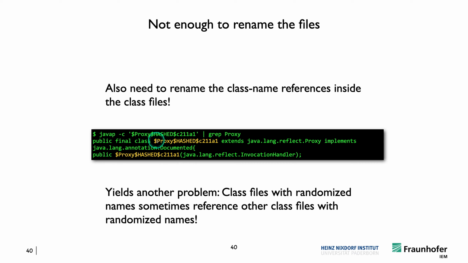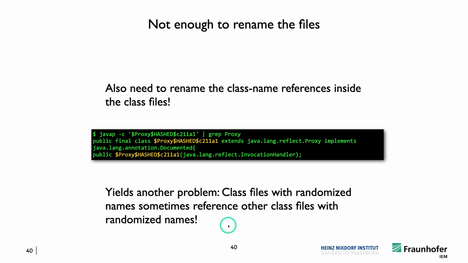And that's relatively easily done, right? So again, we can use the Jumper representation, for instance, to swap out these class names. That's not a big deal. So that's something that can be done. But this actually yielded another problem, because class files with randomized names may sometimes reference other class files with randomized